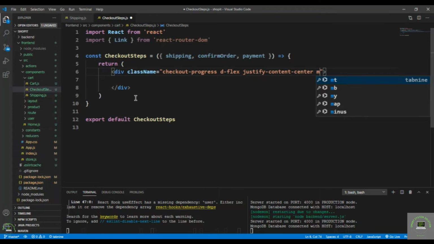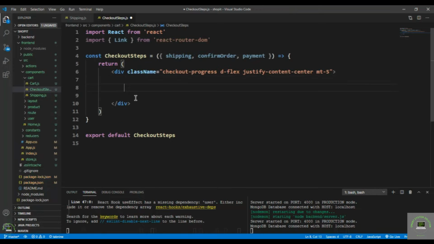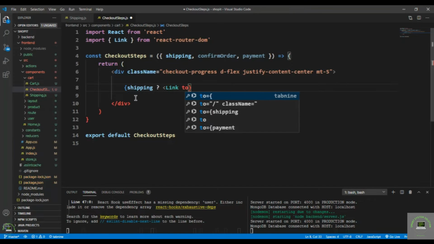Alright, then margin top of 5, and in the div, first of all I check if we are on shipping step. Okay, so for example, shipping is the first step, so if we are on the shipping step, then I simply create here the link